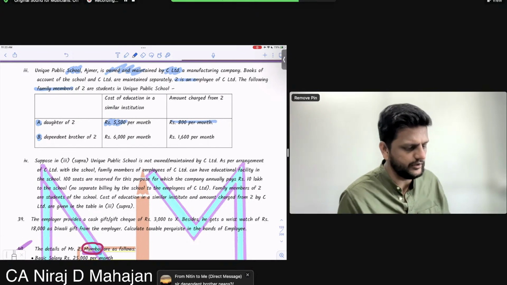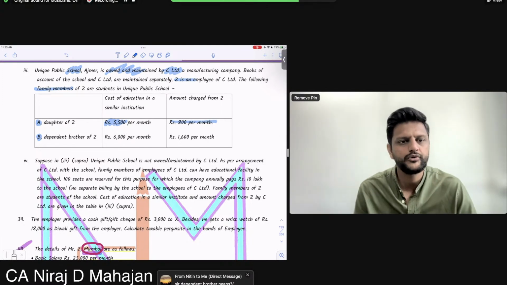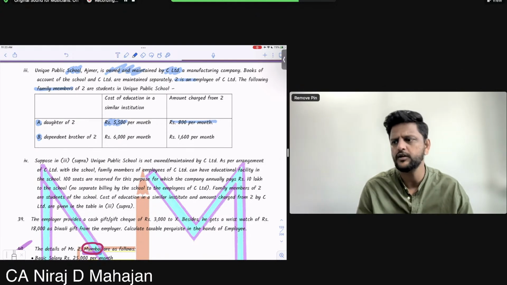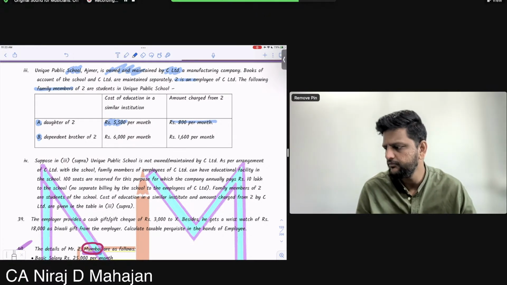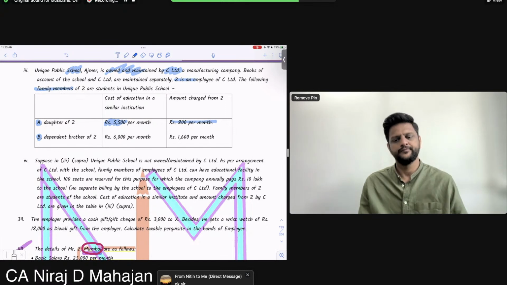Dependent brother means what? First of all, he's a brother. That is not a problem. I mean, that much I hope you understood. Dependent means B is not working. The brother is not working. He's a younger brother or whatever, unemployed brother or handicapped brother or any other type. He's dependent on Z for his own income and survival. That is called dependent. Okay.